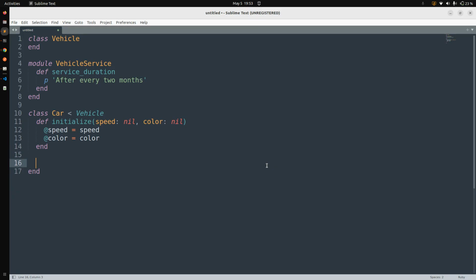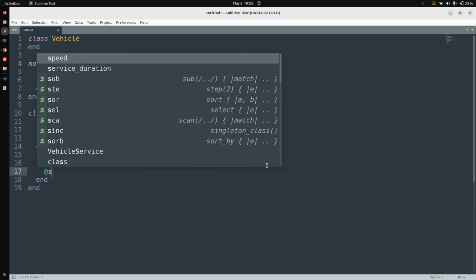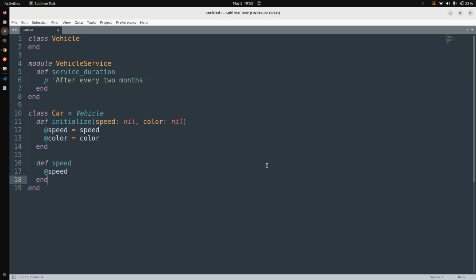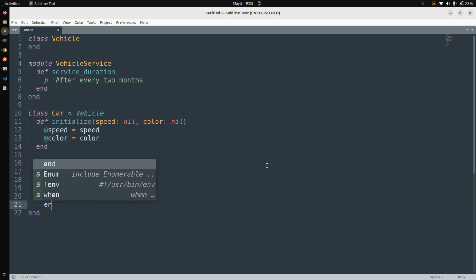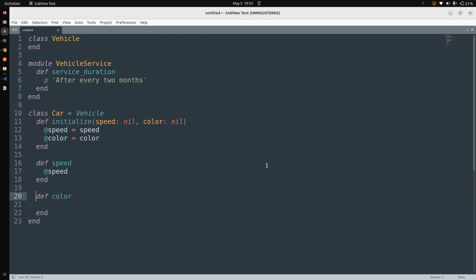Okay, and then define some readers. So here you can provide speed, which is basically a getter method, and then color, returning @color. Okay, and now you need to instantiate this class. So let's instantiate it like car equal to Car.new. Okay, and then